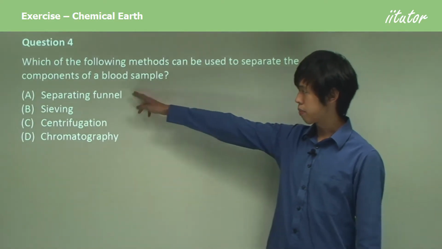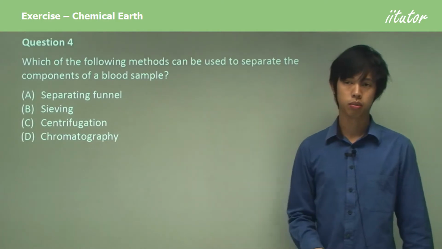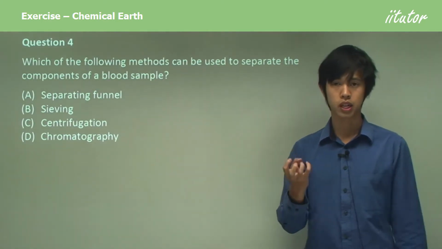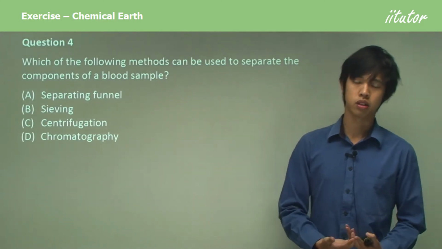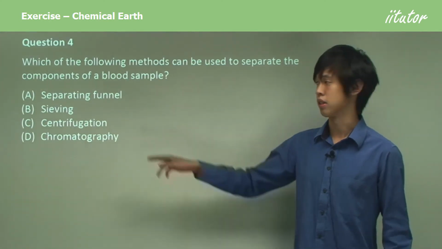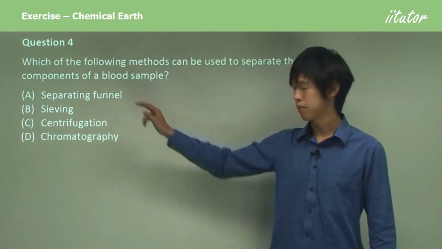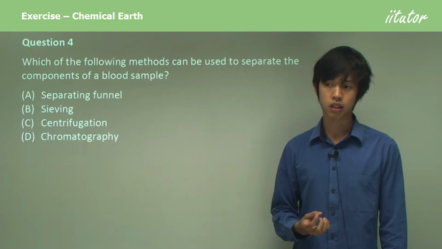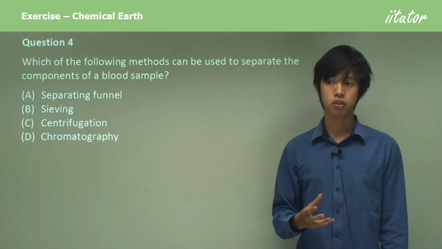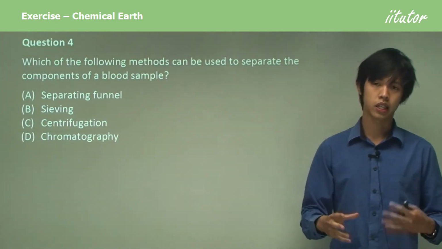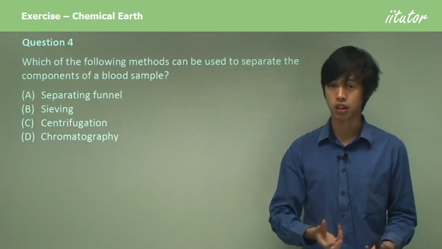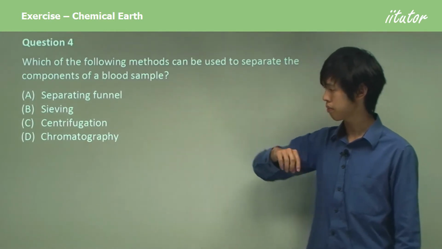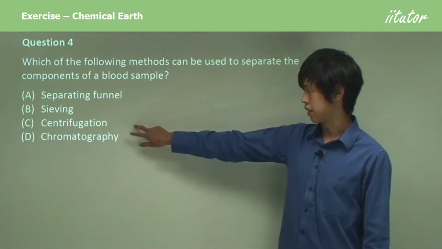Okay, so separating funnel and sieving are probably not your best options. Sieving is for big particles, and all of the components of your blood are microscopic, so probably not B. Separating funnel is for two things that are not miscible in one another, for instance, water and oil, whereas the blood has lots of things suspended in it. So the separating funnel doesn't really work for blood. So that leaves these two,